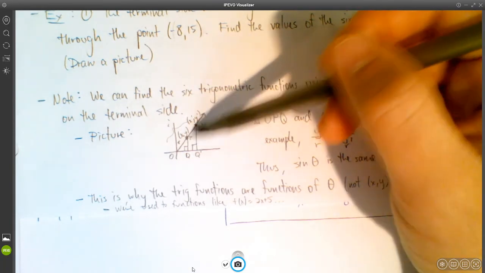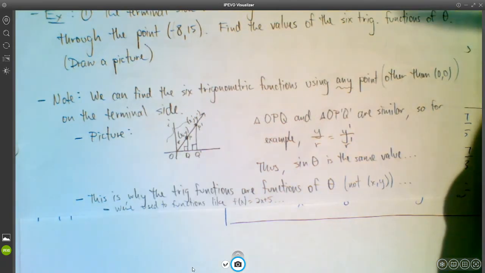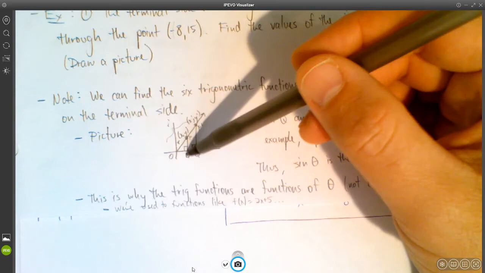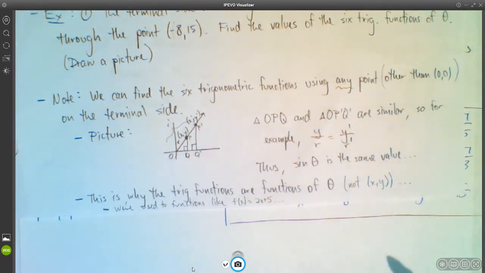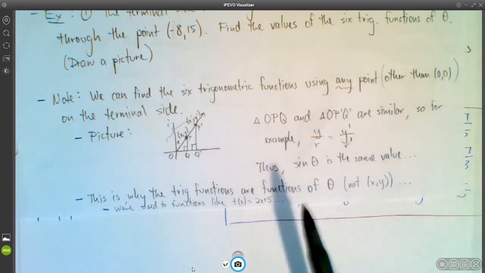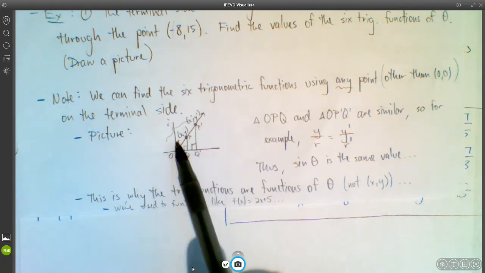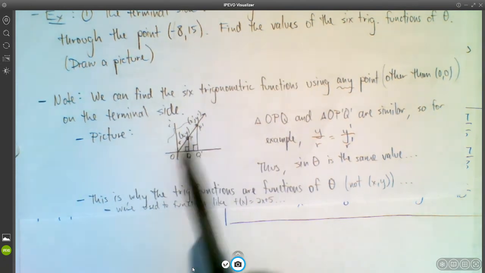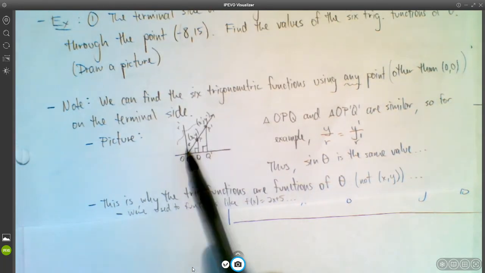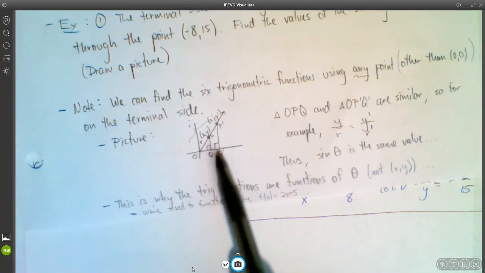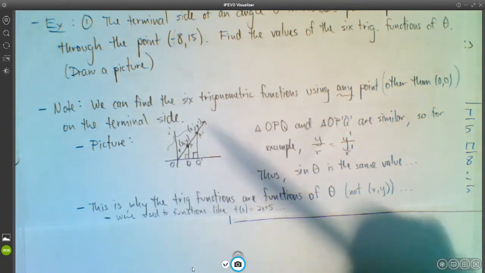And so these are, what did we call these? Corresponding angles, and so they're the same, right? So OPQ and OP prime Q prime are similar triangles. And so what that means is that the ratio of their corresponding sides are the same, right? So like y over r would be the same thing as y prime over r prime. X over r would be the same thing as x prime over r prime. Y over x would be the same thing as y prime over x prime, and so forth, because these 2